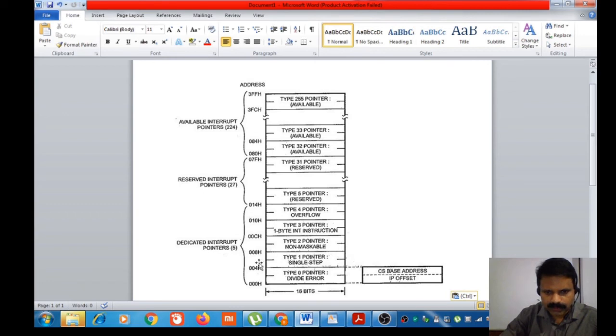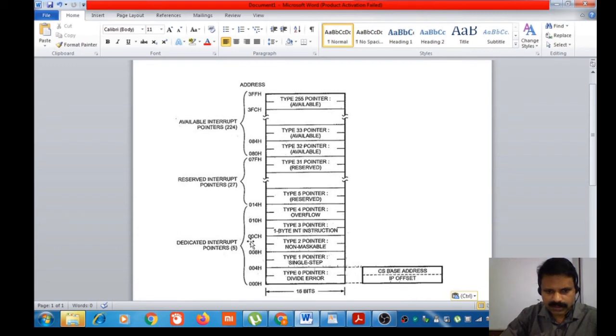So 1 into 4 you are getting 4, then plus 2 you are getting 6. That is the address of the word that should be loaded in the CS register. Let us check type number 3 then. So n equal to 3. First n into 4, 4 into 3 is 12.